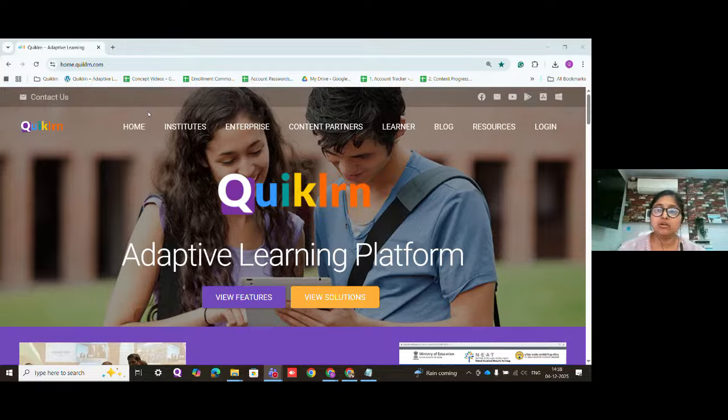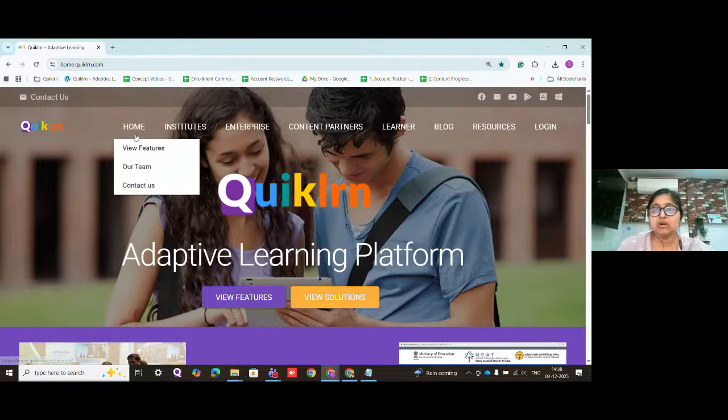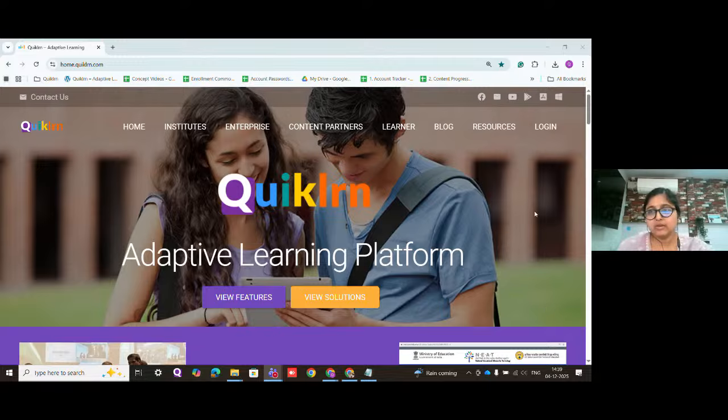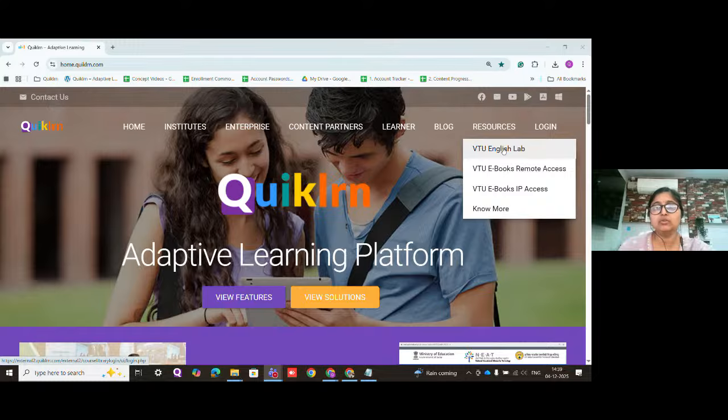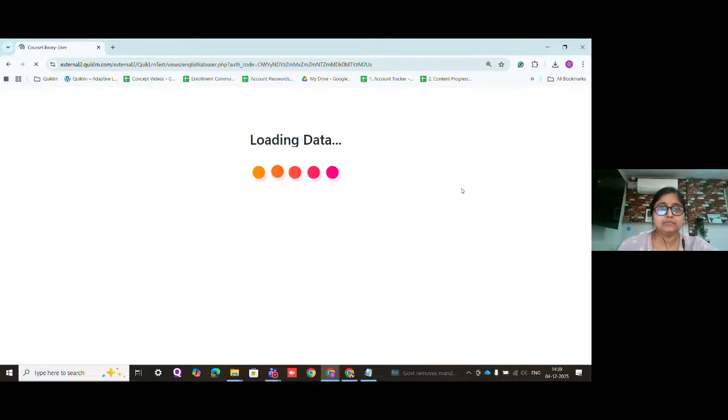When you're on your computers or laptops, please open Google and put in home.quiklrn.com. Once that is done, you will be able to see your login screen. Now there are two buttons you can use to log in. One is the resource button where you can log in using the VTU English lab. The next one is the login button itself, where you see the VTU English lab login, the third login button. So once you click on it,